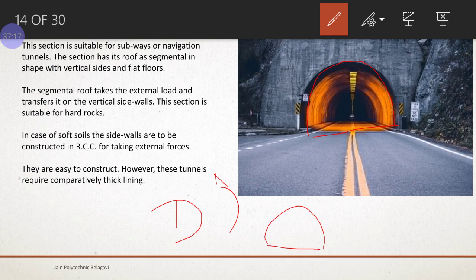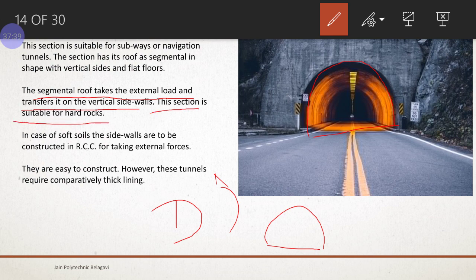Okay, it is a segmental roof. This is suitable to carry the external loads and transfer them to the vertical side walls, right? And this section is suitable for hard rocks.